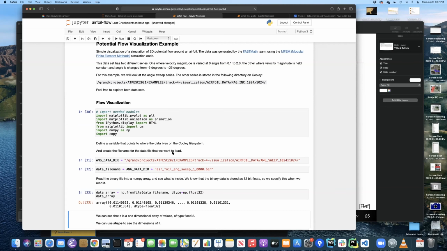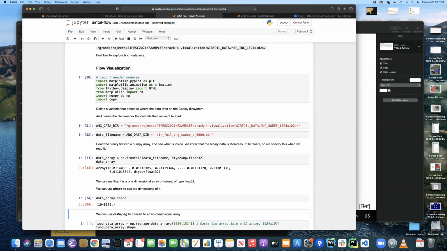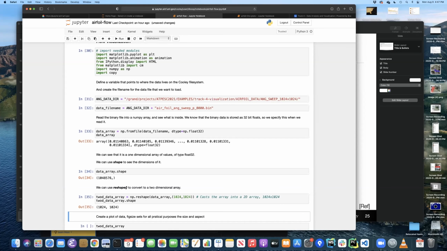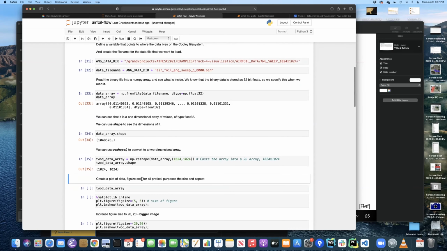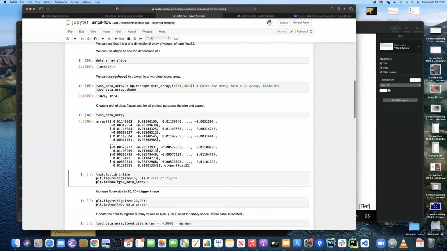And then I can load that data in. In this case, it's just a normal NumPy array of floating point values. You can look at the shape of that data, and there are ways to reshape it. In this case, it's a one-dimensional array, but we might know that it was output in such a file, and really we want it to be 1024 by 1024. So that reshapes it a little bit. And then matplotlib has ways to show that data as an image. That line there, imshow, is a way to show that data.